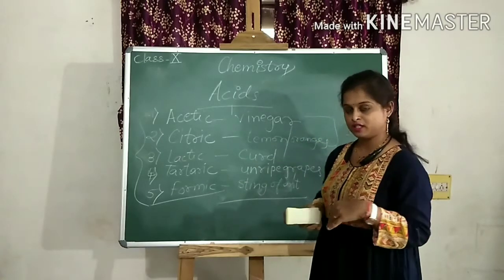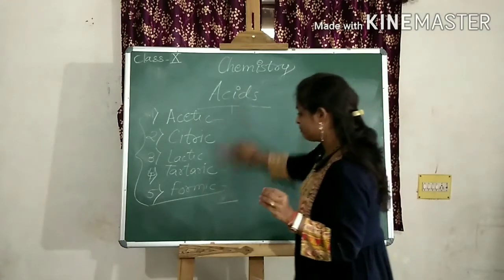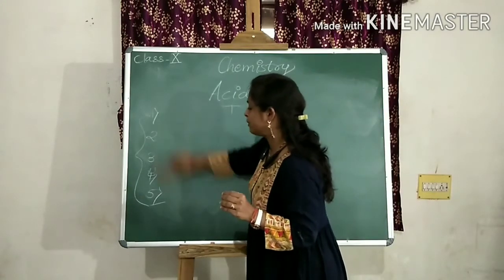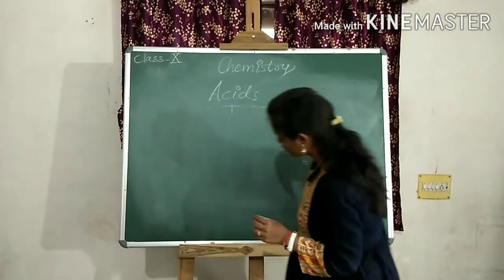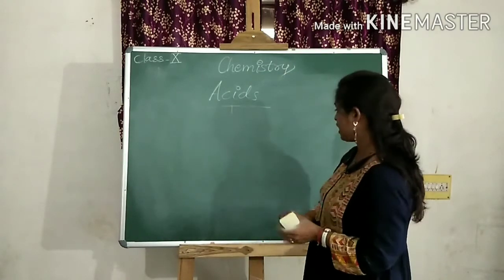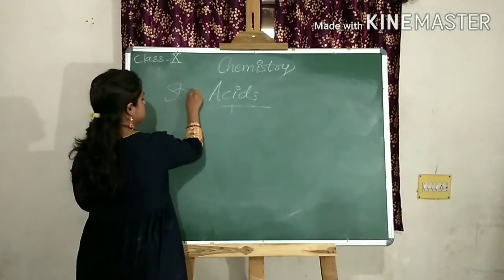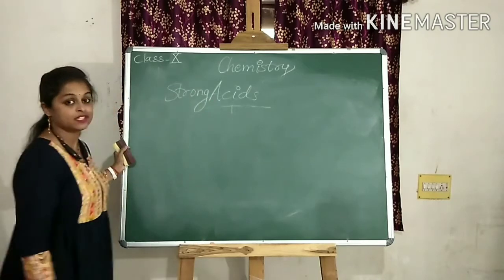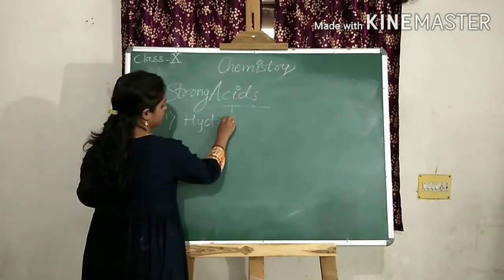Now come towards the mineral acids, which are the acids which we prepare by the use of the minerals of the earth. मतलब जमीन से मिलने वाले जो मिनरल्स होते हैं उनसे प्रिपेयर किए हुए जो एसिड्स होते हैं वो कौन से होते हैं? दे आर स्ट्रॉन्ग एसिड्स. देयर आर 3 स्ट्रॉन्ग एसिड्स, दैट इज हाइड्रोक्लोरिक एसिड,